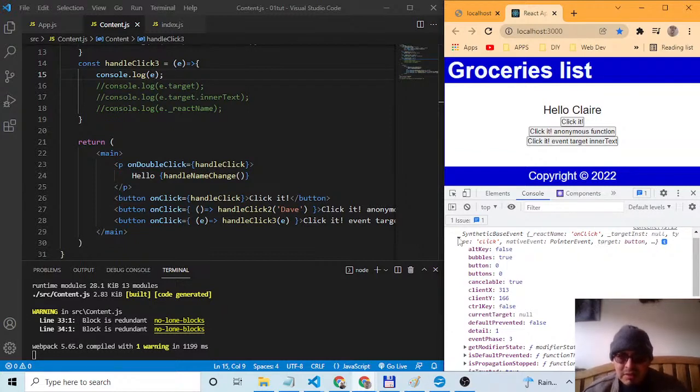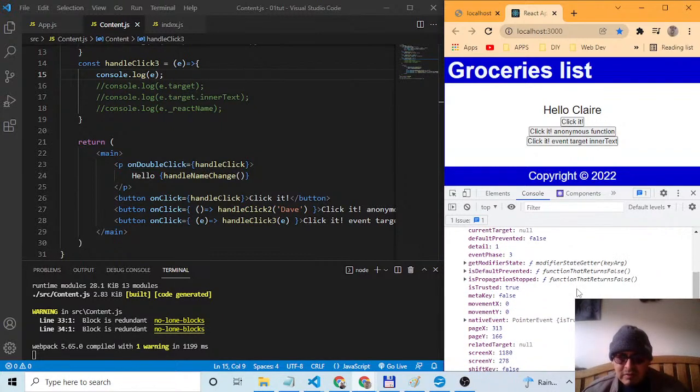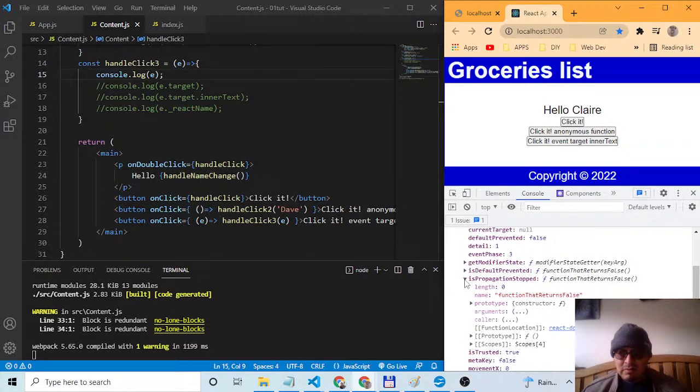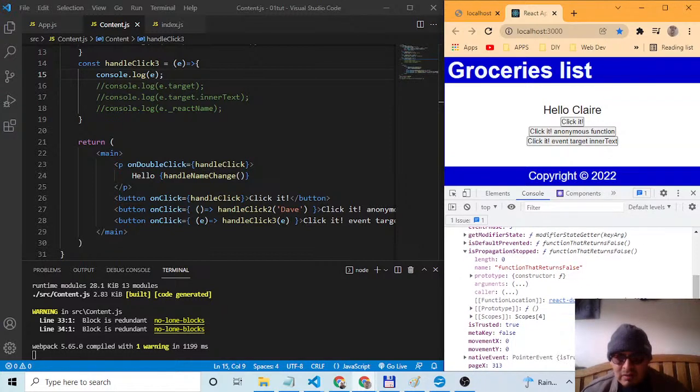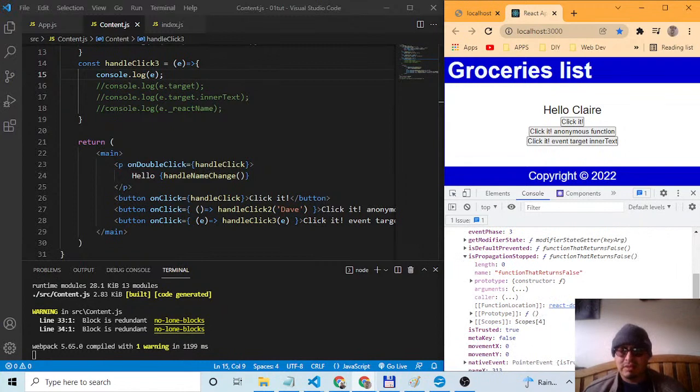How can we get this? Let's check native event. Get modifiers is default, prevent is probably. Let me just put a prototype constructor. Let me just type prototype. I don't think this is going to work, because I don't know where is the root. I need to take this